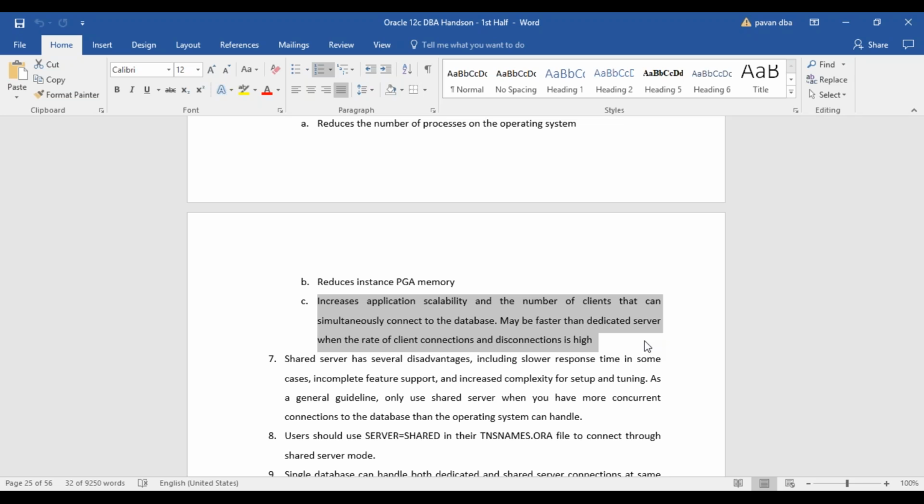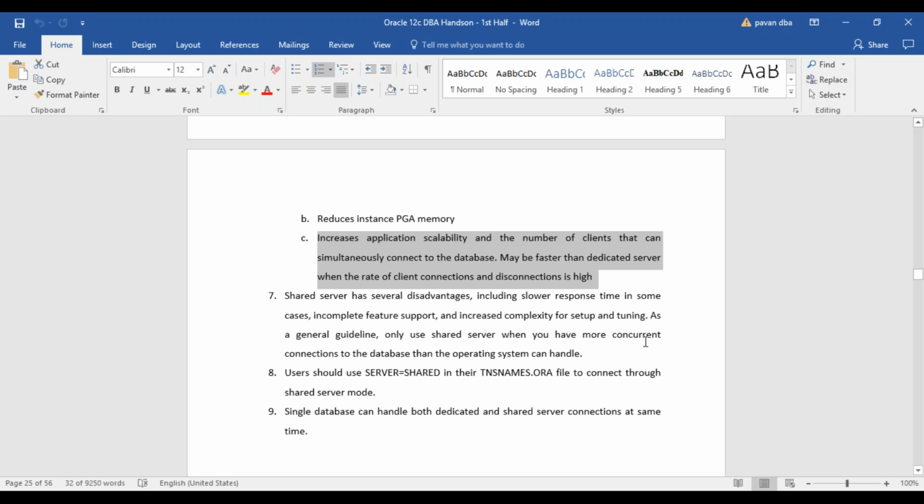So that is the reason, that is a problem mainly. And also, shared server architecture has some other disadvantages. Because you don't have a dedicated server process, and you need to, like suppose you are a user,